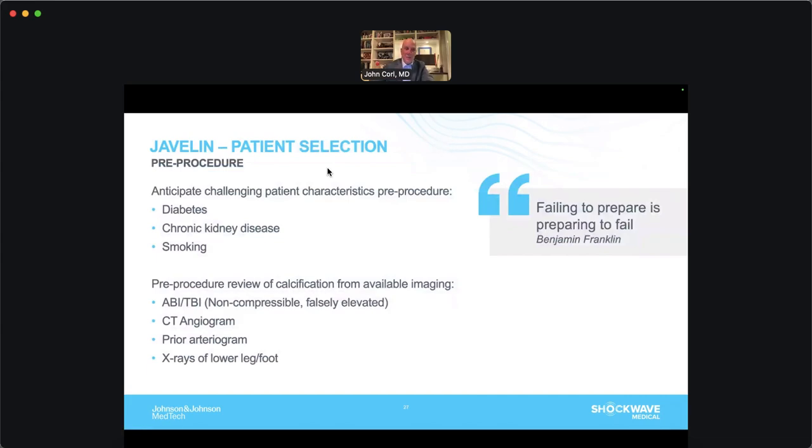So I'm going to talk a little bit about patient selection. Again, you can see these patients in the office and kind of have an idea who's going to have these calcified lesions. Of course, we talked earlier about CLTI patients in general have a lot of calcium, but when you throw in diabetes, kidney disease, and smoking, you can anticipate some significant calcium in these vessels. Some pre-procedural testing can also give you an idea. Obviously, ABIs with the non-compressible vessels, CTAs, prior angiogram reviews, you can see the calcium, and of course, x-rays. So you can get a heads up that these patients may have a lot of calcium that needs to be